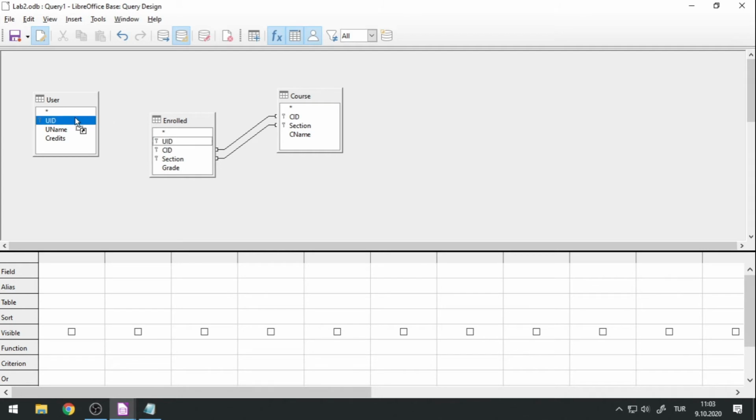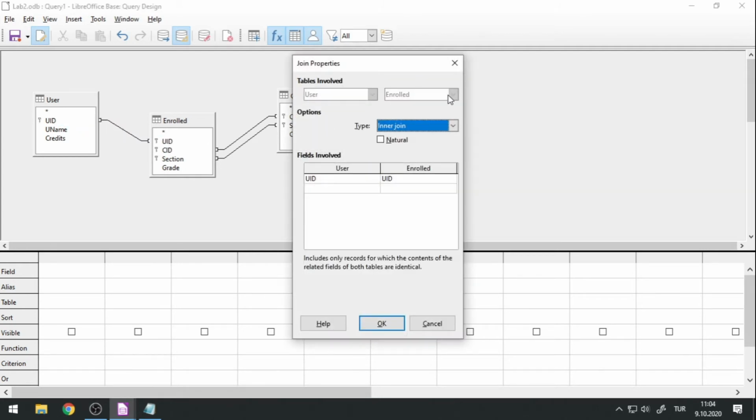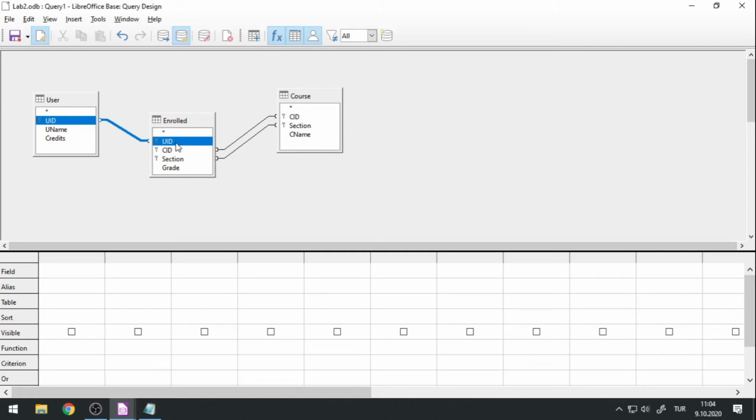And since this is a join operation, it doesn't really matter actually. If you are making left or right joins, it is going to matter which side this is included in. But if it is an inner join, then the part that you start dragging from is not important, and in most of our cases we are going to make inner join operations. But with the relationships, when we are creating the relationships, remember we always start from the parent into the related one, into the child. So in this case, the user first should exist so that I can enroll that user